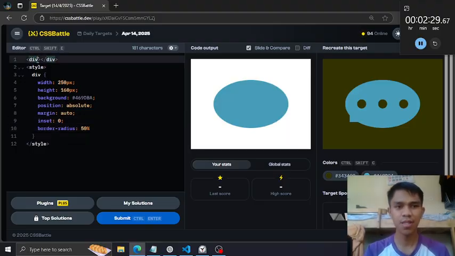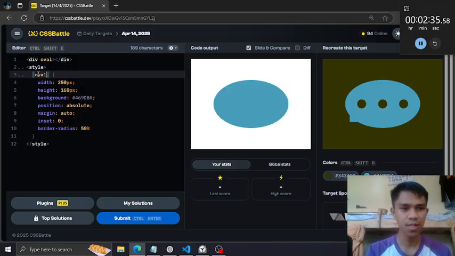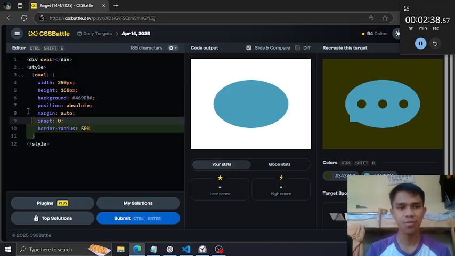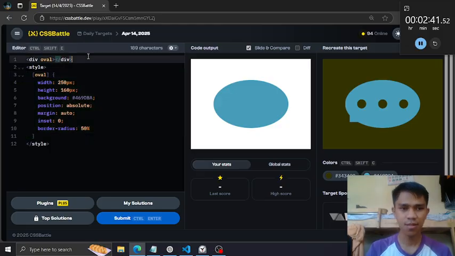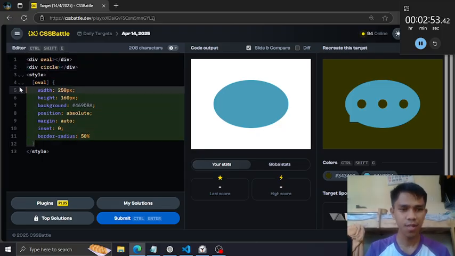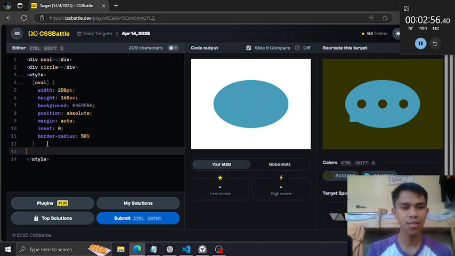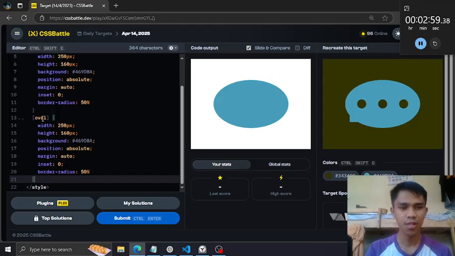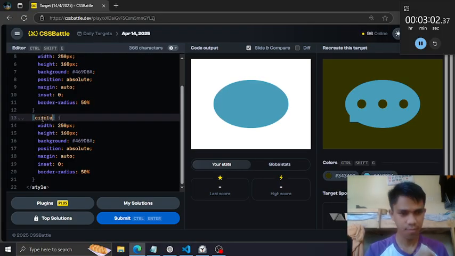Now we have to name this oval, so name this oval in the CSS rule. Next is the circle inside this oval, these three circles here. So we can actually create just one circle and copy the oval. I don't want to write the code from scratch. Name this circle. Okay, so from here, the first thing we gotta do is change its color to the same as the background color.